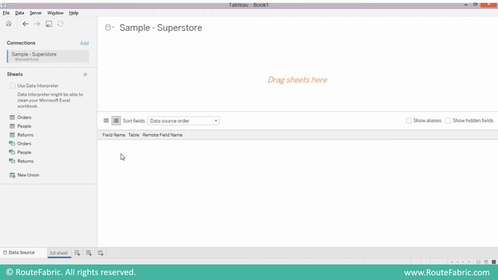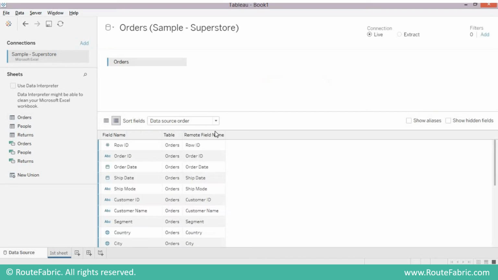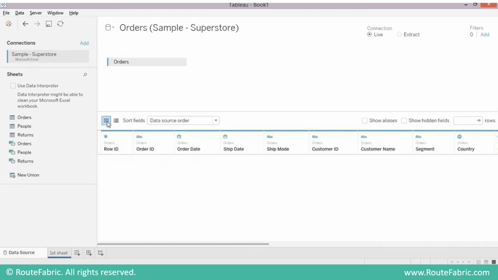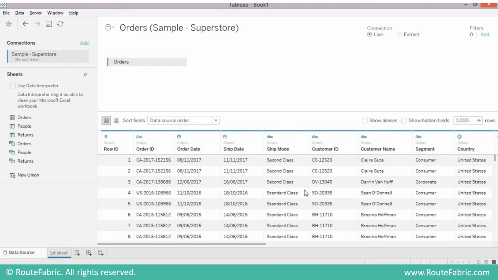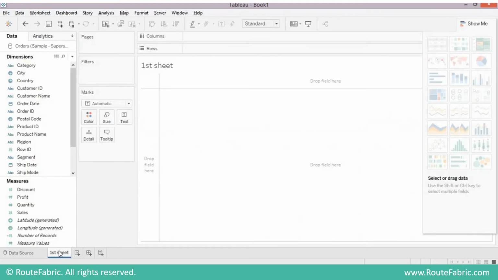Now this file contains data about the USA stores, the orders. If I drag it here, as you already know, this page is a data source page. Now let's go to the sheet and analyze the data. As you already know, Tableau automatically separates the fields as measures and dimensions. Discrete fields are blue and continuous fields are green. Now let's drag the order date field to the column shelf.